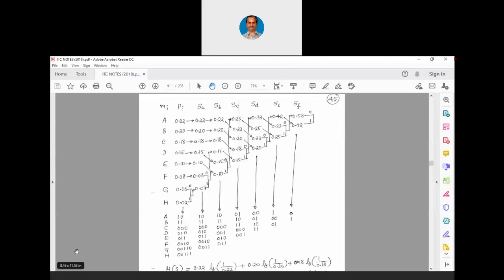You already know the formula for L is summation of i equals 1 to n of Ni into Pi. Apply that formula and tell me the answer.